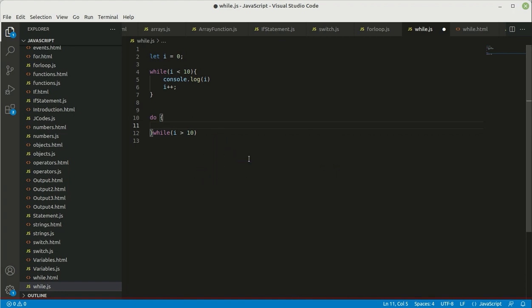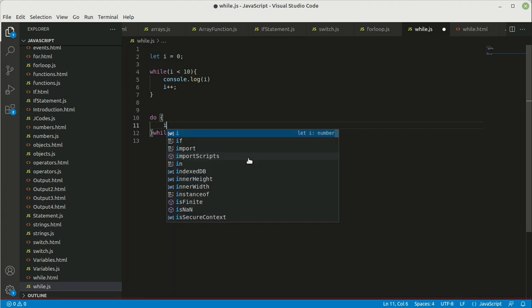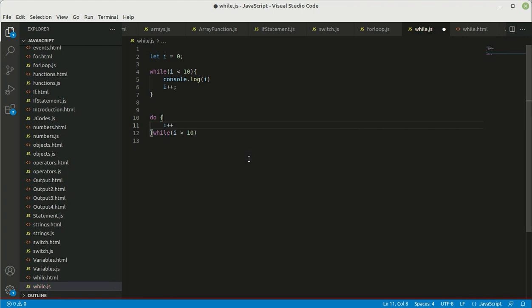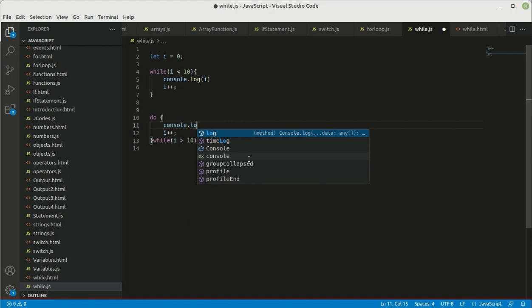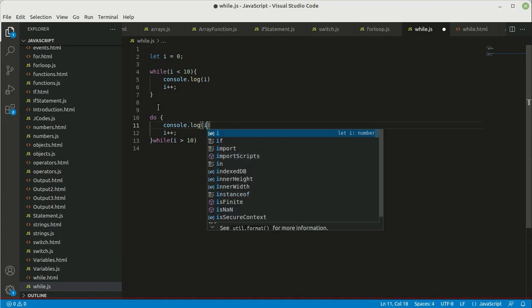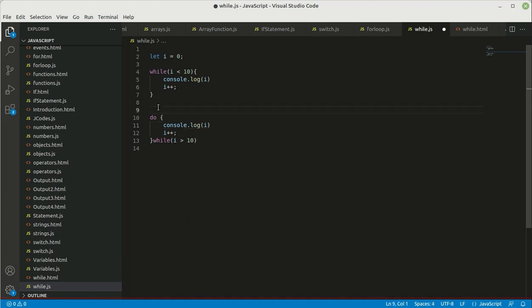So here let us write I++, and then before that we can console.log